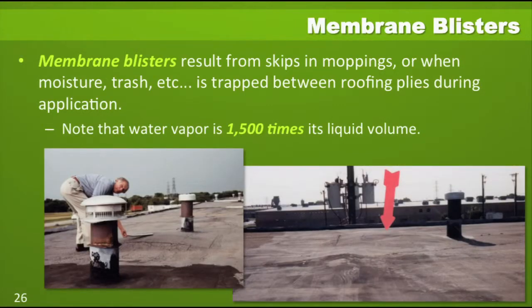One thing you expect to see when inspecting built-up roofs are membrane blisters. They can be in various sizes and shapes. The blisters result from skips or voids in the original mopping of the asphalt. And when you've got that dry spot or void, moisture can get in there. Once that moisture vaporizes, its volume greatly increases from its liquid volume, and that will cause this bubble or blister